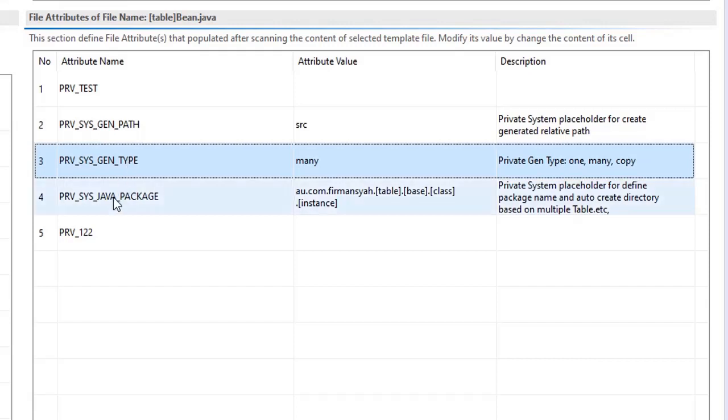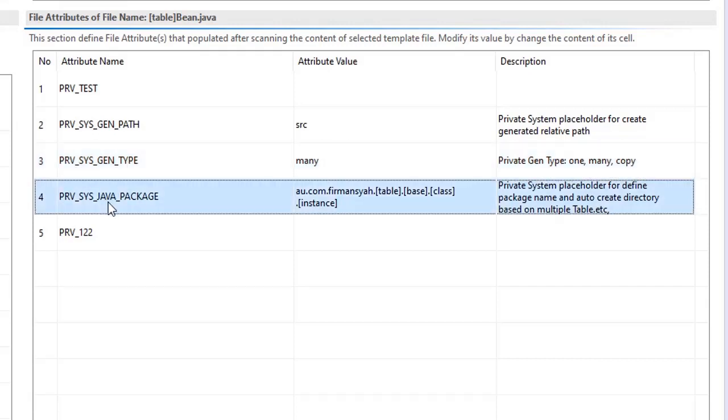We also have the private system Java package. This is also a specific private system attribute with special handling inside our generator tool. For this one we have placeholders inside the value: table, base, class, and instant.